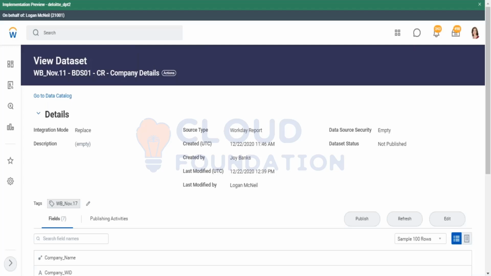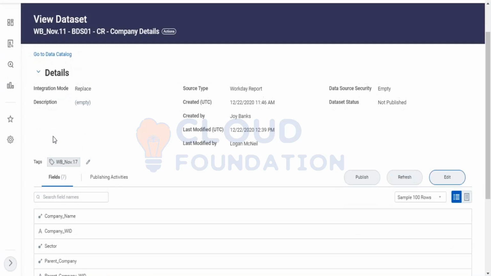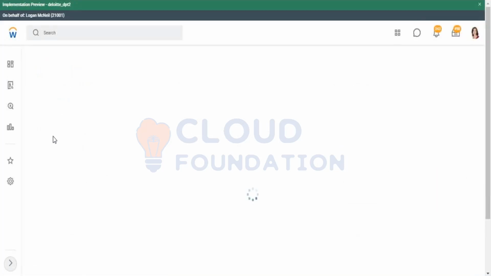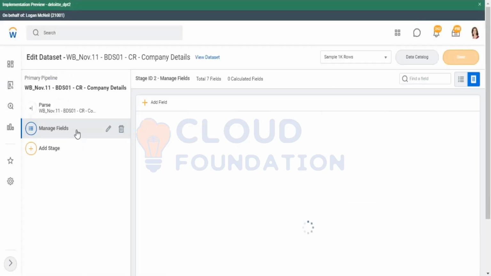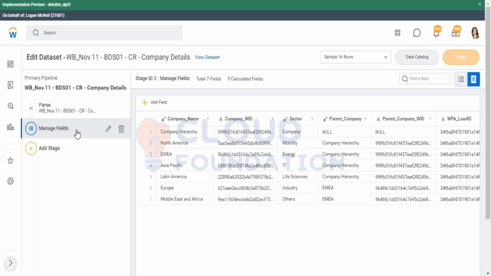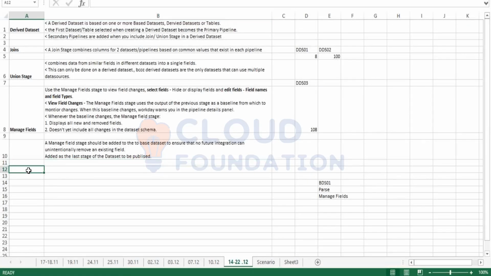Okay, now the next thing. Till now we have created a number of data sets. So if I click on edit now, let's see what is happening. Now there's no error, right? Because the schema changes have been reversed. My manage fields is no longer giving me that error. All right. The next thing that I'll do is create a base data set